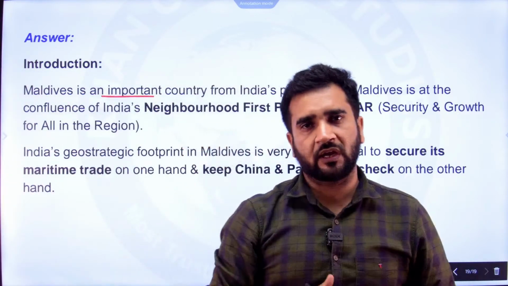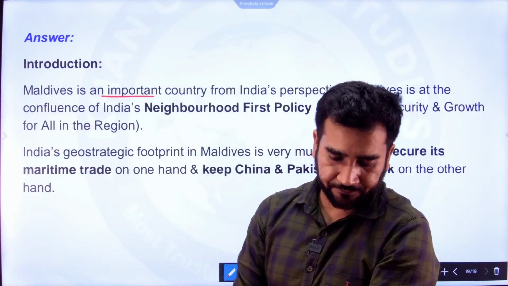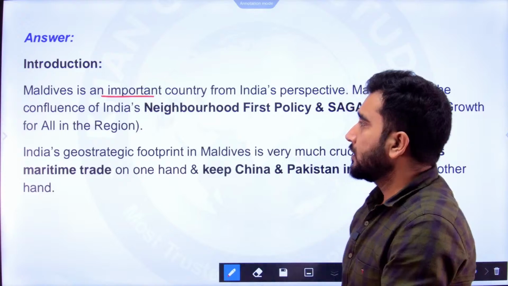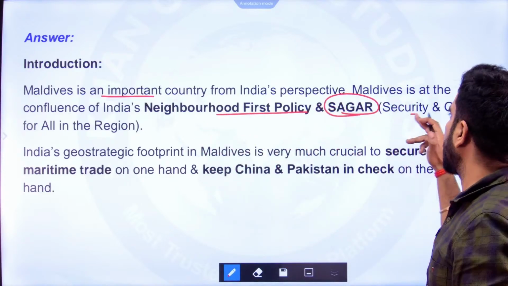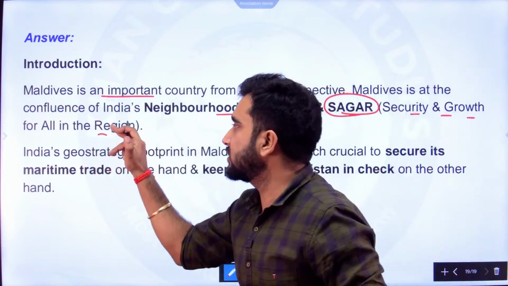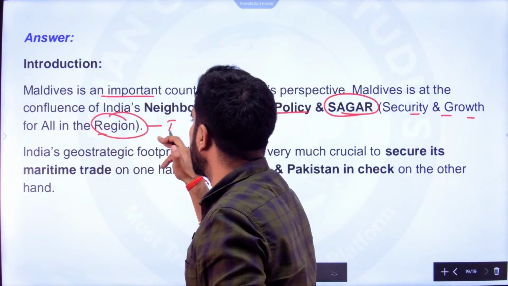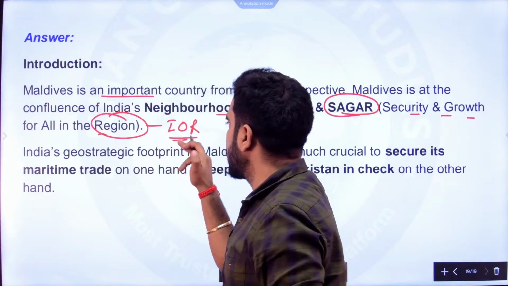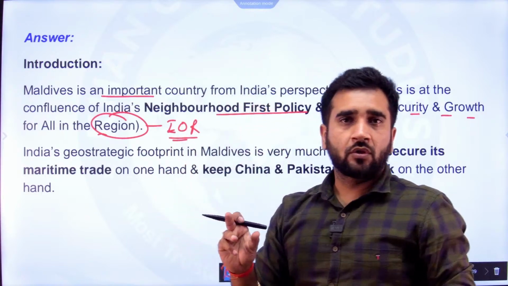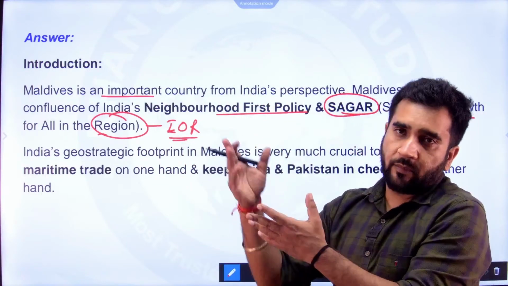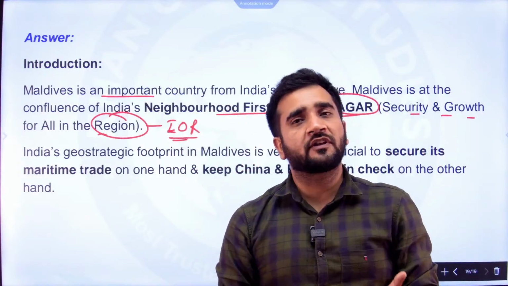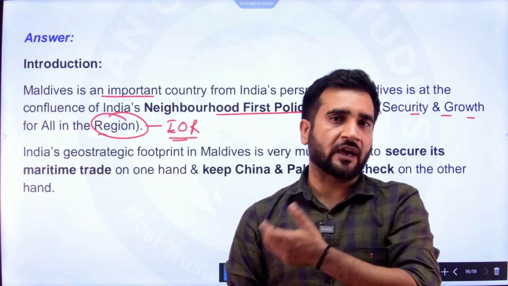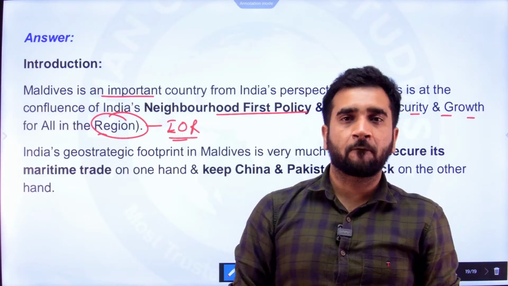तो इसका इंट्रोडक्शन: मॉलडीव्स इंडिया के लिए एक इंपॉर्टेंट कंट्री है, क्योंकि इंडिया अपना इन्फ्लुएंस इन द इंडियन ओशन रीजन बढ़ाना चाहती है, और इंडिया की नेबरहुड फर्स्ट पॉलिसी और सागर पॉलिसी है, सिक्योरिटी एंड ग्रोथ फॉर ऑल इन द रीजन। ये रीजन इंडियन ओशन रीजन है। मॉलडीव्स दोनों में ही आ रहा है, नेबर है तो नेबरहुड फर्स्ट पॉलिसी का पार्ट है, और इंडियन ओशन रीजन में है तो सागर का भी पार्ट है।